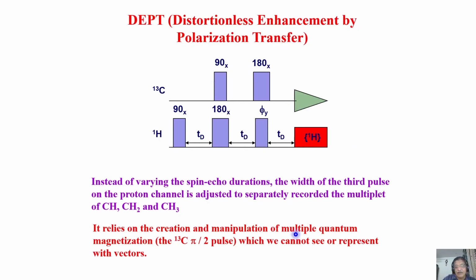See, it relies on manipulation of multiple quantum magnetization, so it is very difficult to represent this by vectors. That's why I'm explaining this here itself, before the polarization transfer experiment. There we can invoke vector diagrams to understand the behavior of magnetization, how it is happening. Since it is a little difficult, although we can do it up to a certain level, we cannot do it all the time. As a consequence, I don't go by the vector diagram approach, but simply tell you this is the pulse sequence we use. It is like an echo pulse. This is called the spin echo sequence, and this is what we use for polarization transfer.